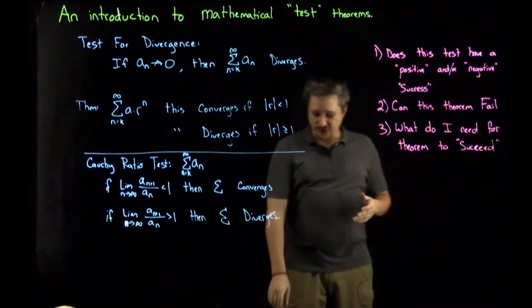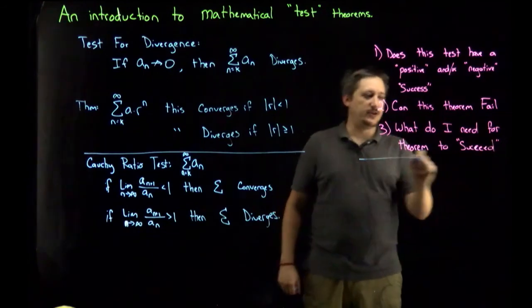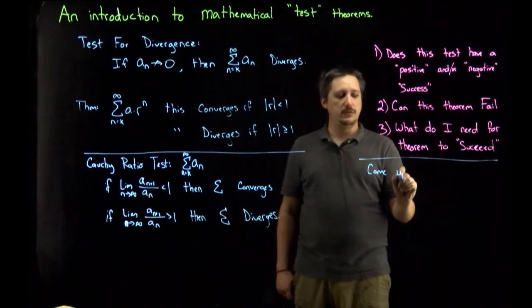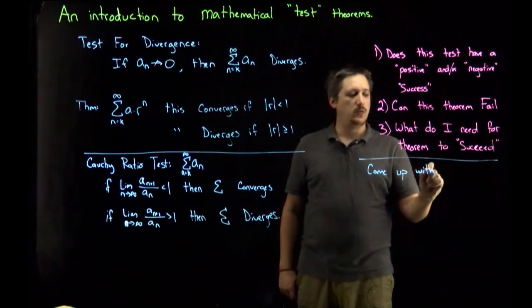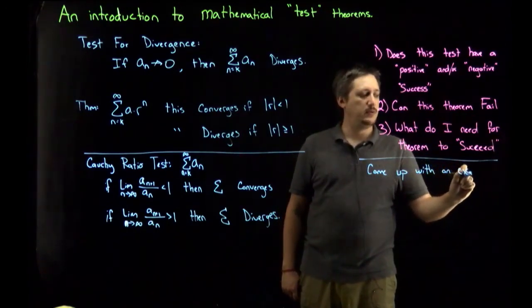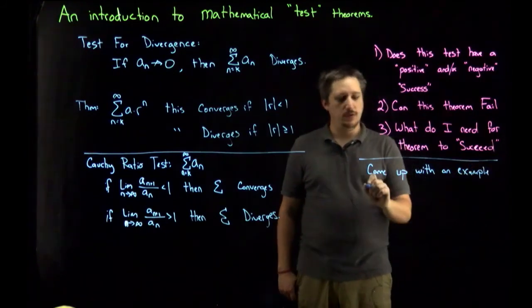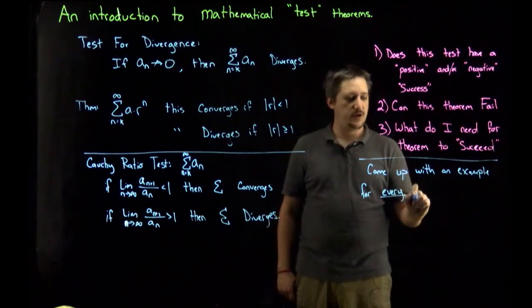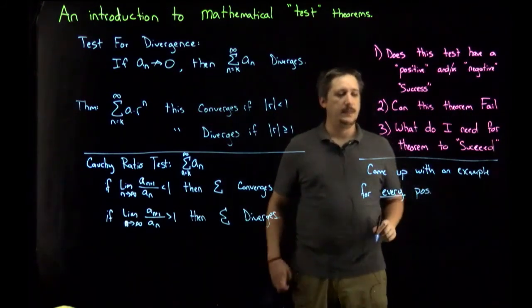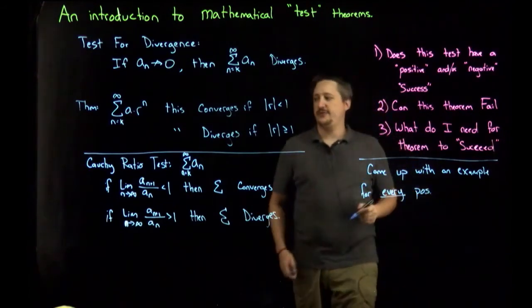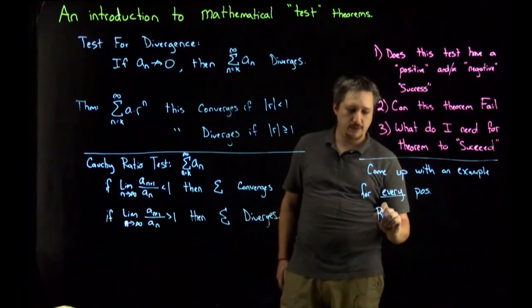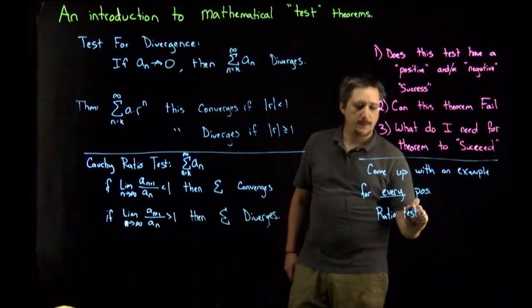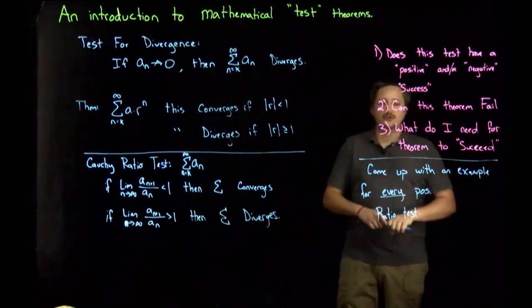And I will say the last thing that you should do, which is sort of different from these, so I'm going to write it in a different color, but the last thing you should do is come up with an example for every possibility. So for example, for the ratio test, right? The ratio test, so maybe I would do something like